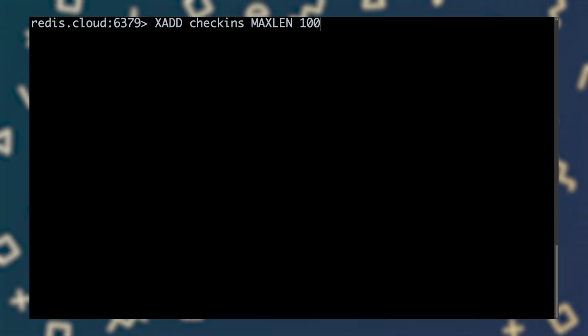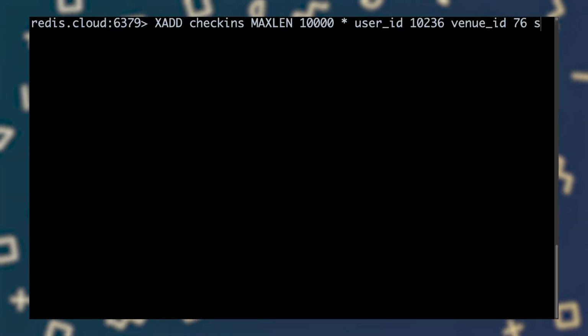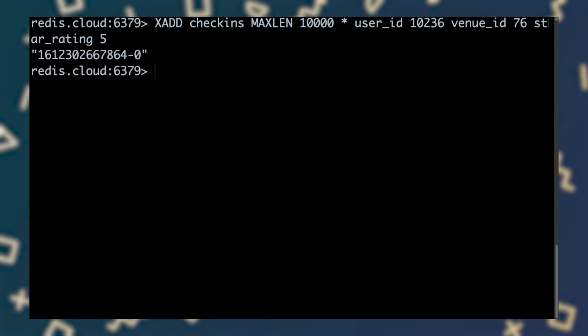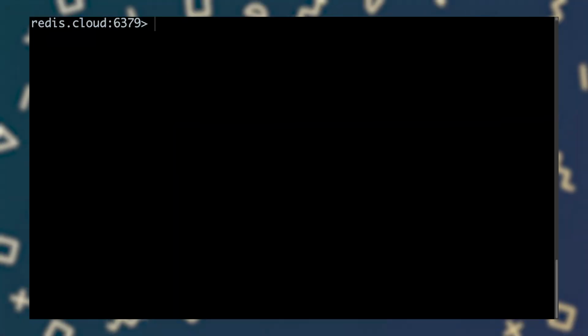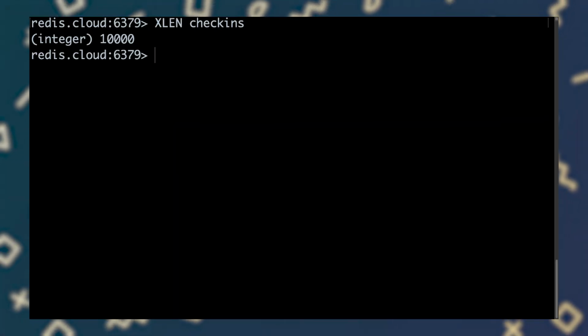The second way to trim the oldest entries from the stream is to do so while adding a new entry with the XADD command. And this is the more common strategy. If we know that we always want to keep the check-in stream to a length of 10,000 or less, then we simply specify that on every call to XADD, like you see here. As you saw earlier, XADD returns the ID of the entry that was added, but doesn't tell us what the new length of the stream is. For that, we can use XLEN. And we see that the stream has been capped to 10,000 entries, including the newly added one.